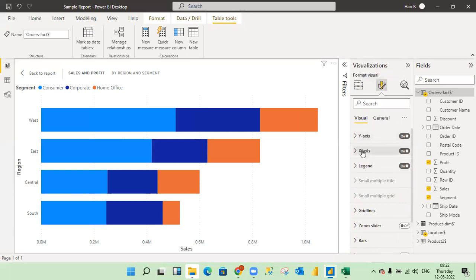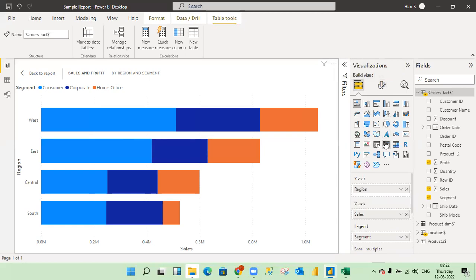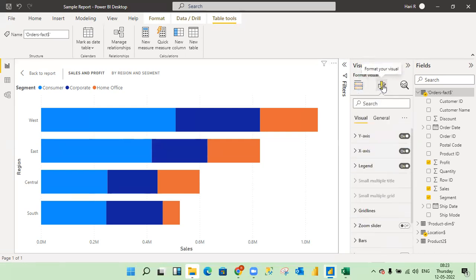If you learn these formatting options for one visual, for the remaining visuals also it's almost the same. Some additional formatting options will come from visual to visual. That we'll see. As of now, go to the format, we'll see visual. Okay, visual formatting. What are the